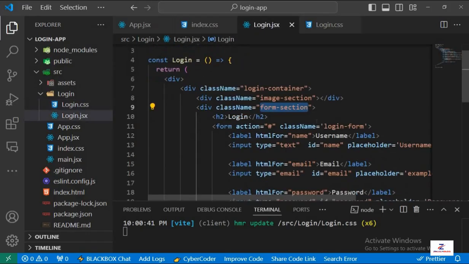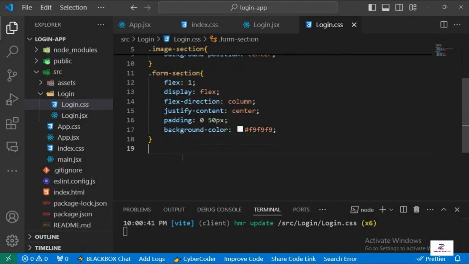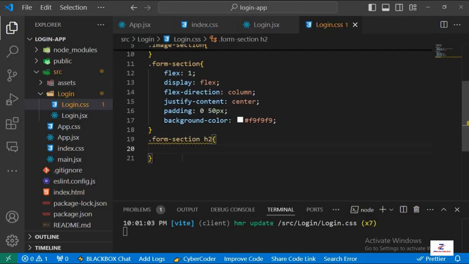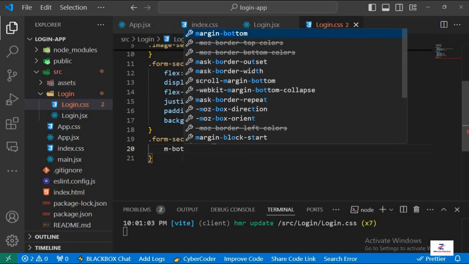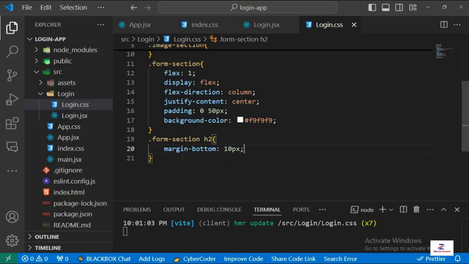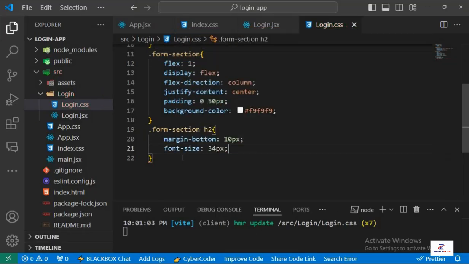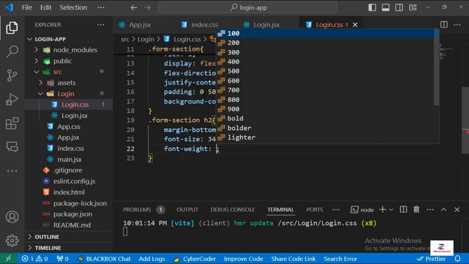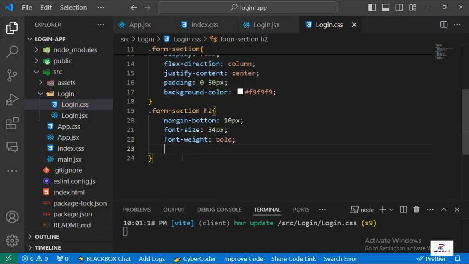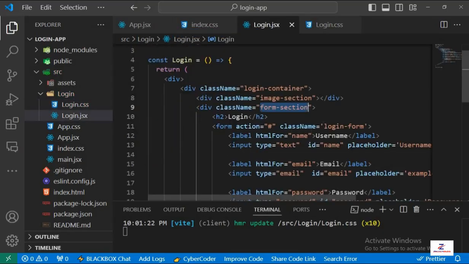Okay, and then we have this H2 tag here for the form section. So for the form section H2, which is the header, margin bottom will take 10 pixels. The font size will take 34 pixels, and the font weight has to be bold. We want the text at the center, so text align center. Now the login form itself,